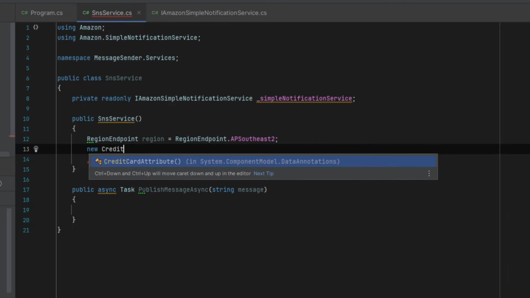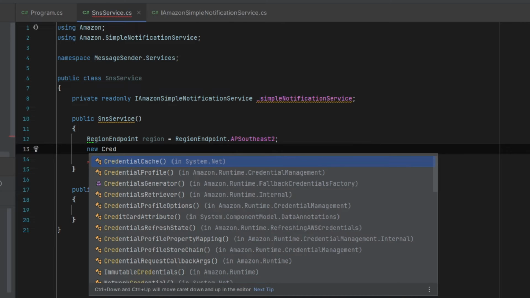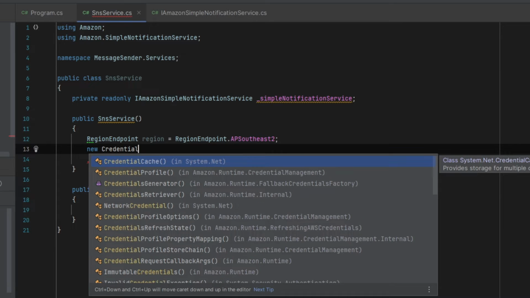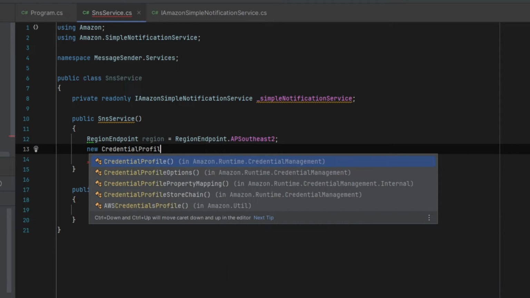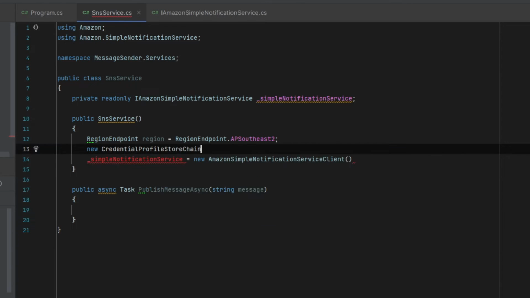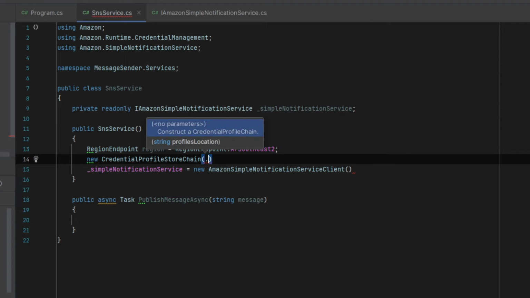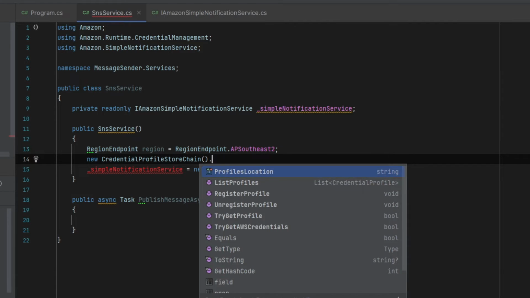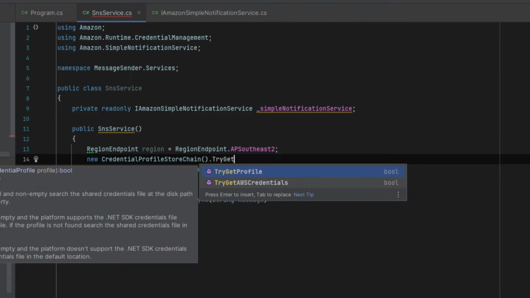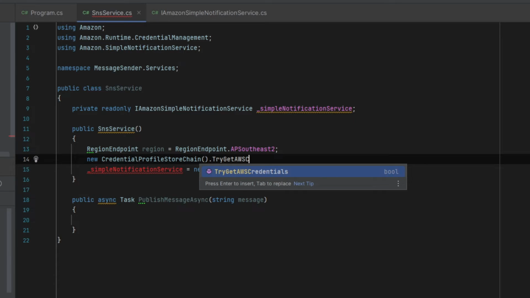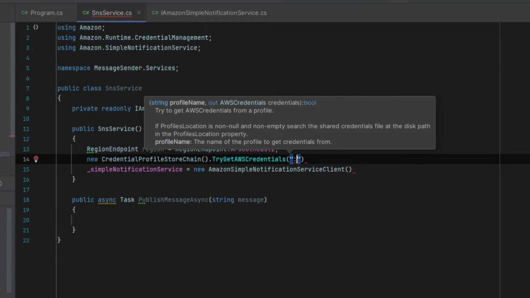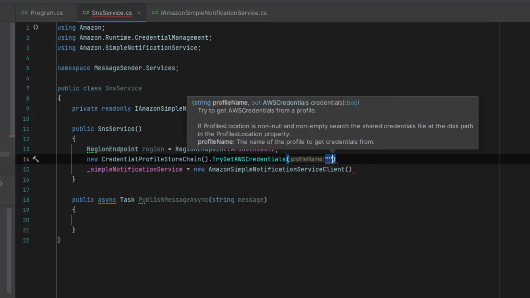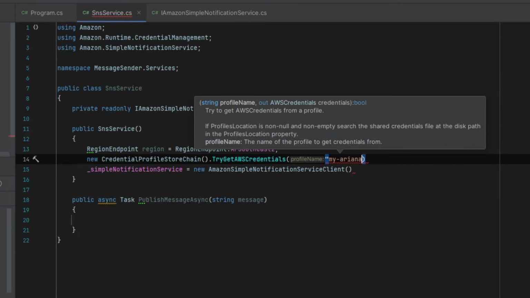So the credential, no, sorry, I forgot the credential profile. Using the CredentialProfileStoreChain class, we can actually retrieve the credentials. So here we need to supply the profile. My profile that I have in AWS is my Ariana,